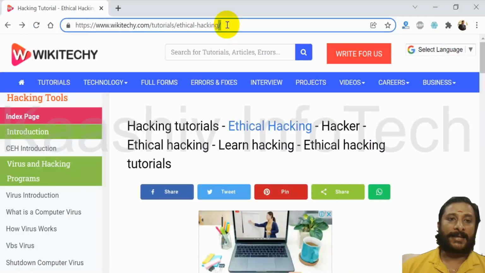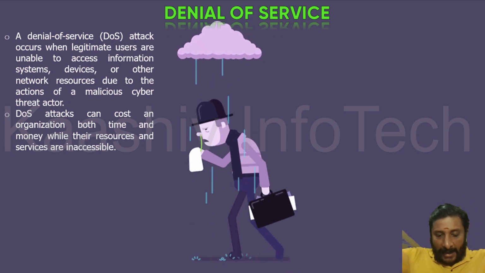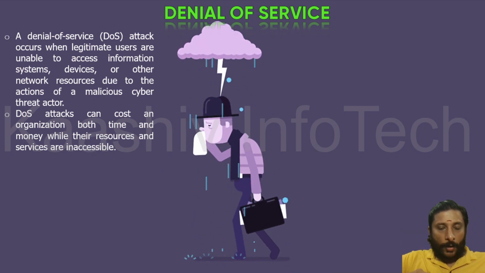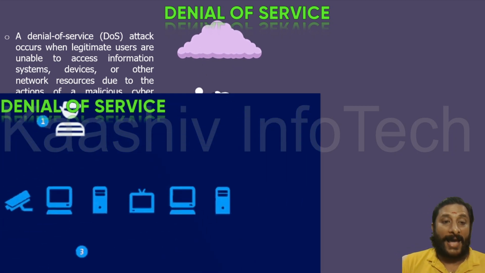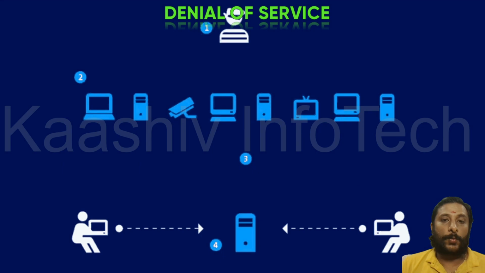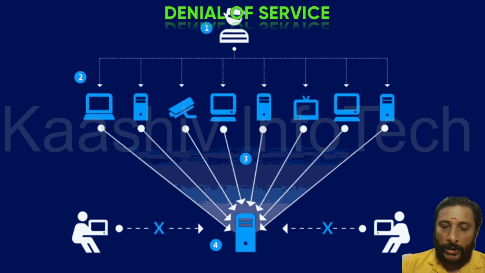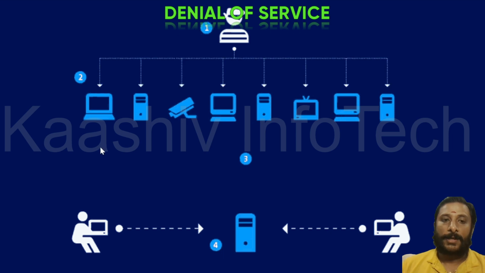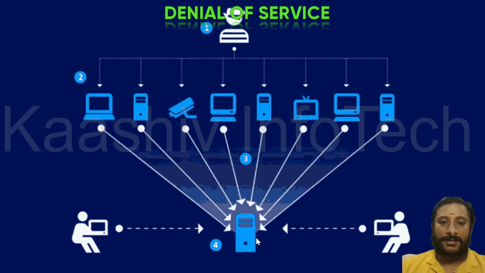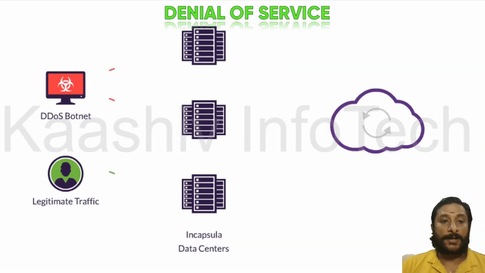Okay, let's move on to the denial of service. Denial of service is attacking from multiple computers, disturbing people so that the genuine user can't access. You are able to see the hacker using different machines and other things. They will try to hack the server so the genuine user can't access. These are all the genuine users and this guy is the hacker, sending lots of requests and disturbing the server, so genuine requests can't get processed. That is called a denial of service attack.